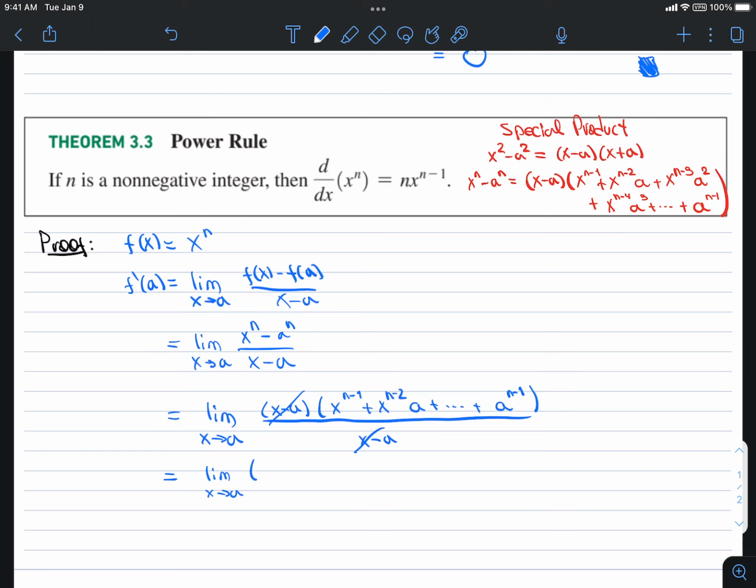And then finally, now there's no restriction in the denominator for plugging things in. What I do is I plug in a. So, direct substitution property: this is a continuous function, it's a polynomial, so I can just plug in a. So I get a to the n minus 1 in the first term, plus a to the n minus 2 times a,